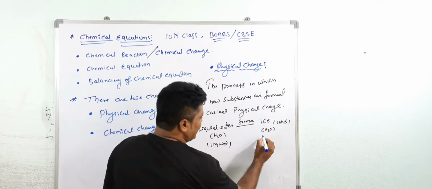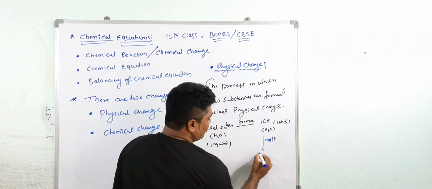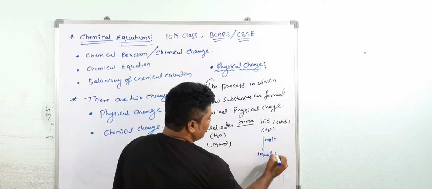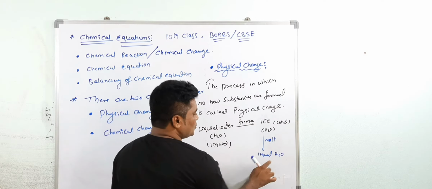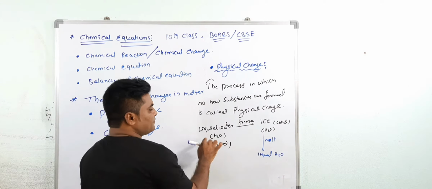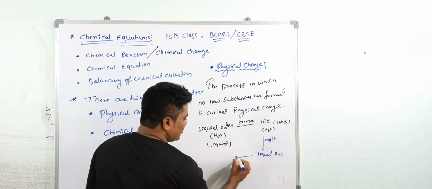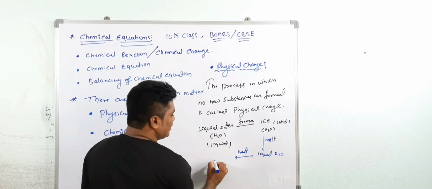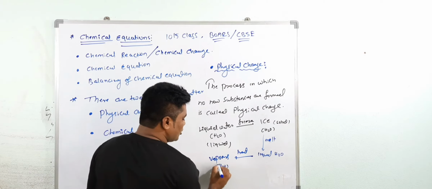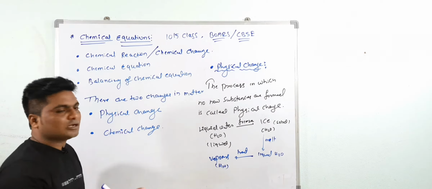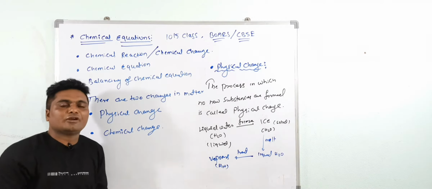If you melt the ice, you again get liquid water, liquid H2O. So all have the same chemical formula: H2O, H2O and H2O. It means the chemical properties are not changed, only the physical state, liquid to solid and solid to liquid. If you heat the liquid, you get vapors, and vapors also contain water molecules. It means the chemical composition does not change, but the physical state does. Understood?